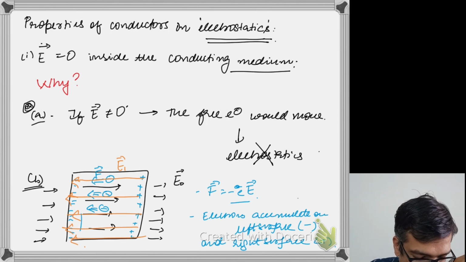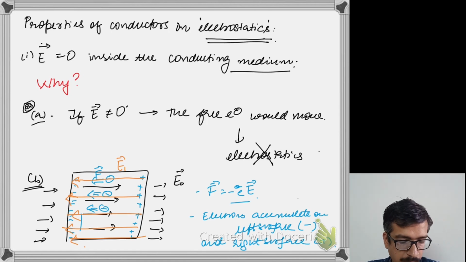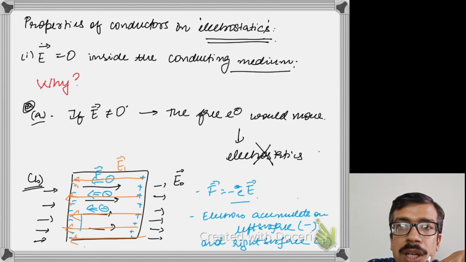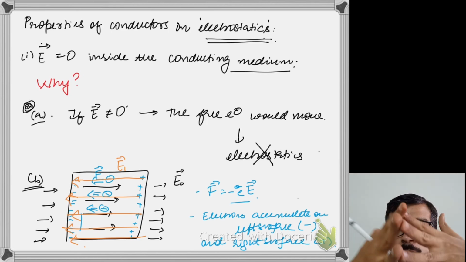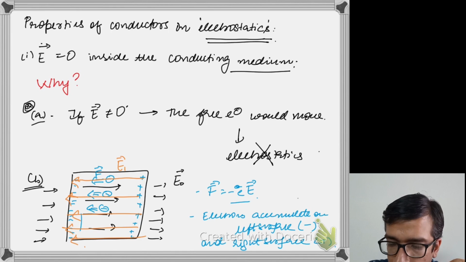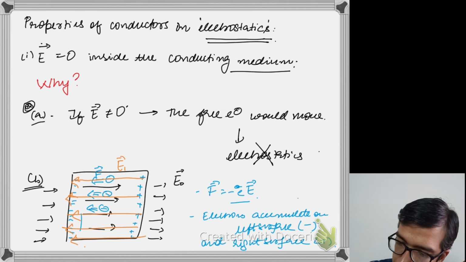Now there is this opposite electric field which has been created, and until when will this movement of charges go on? The more the charges move, the more the positive charges accumulate on the right and negative charges on the left, the higher is the intensity of the electric field which is created, right? So movement of electrons continues